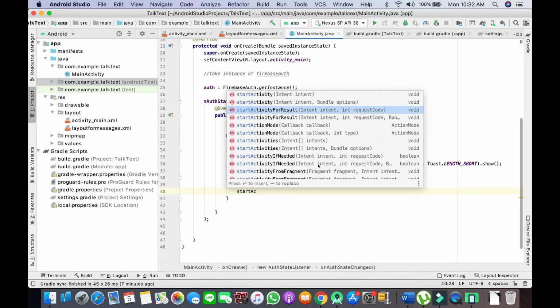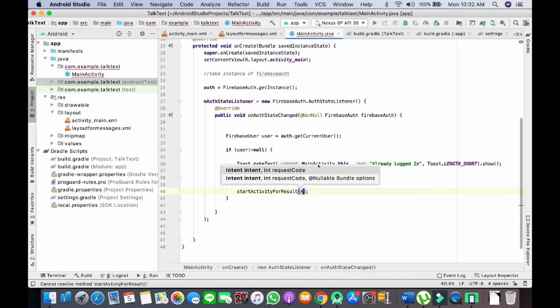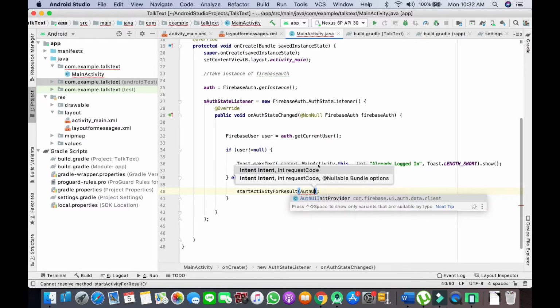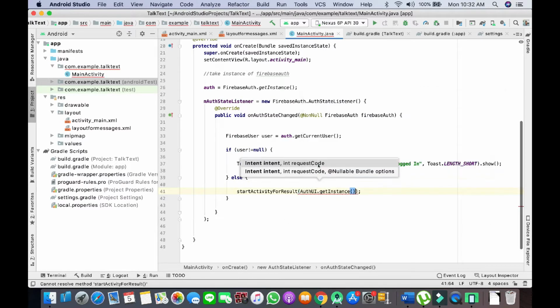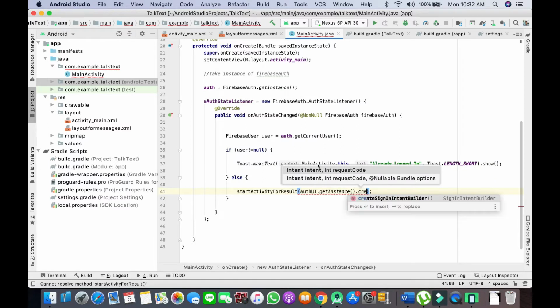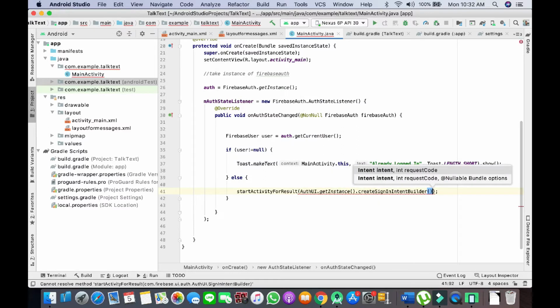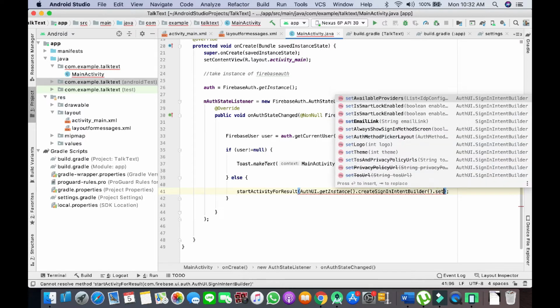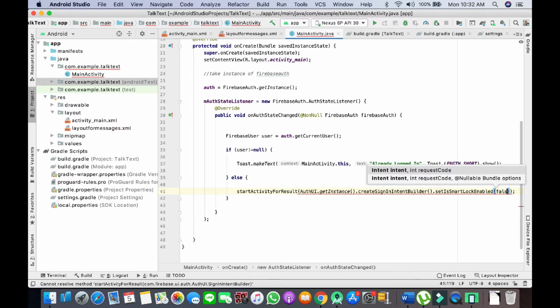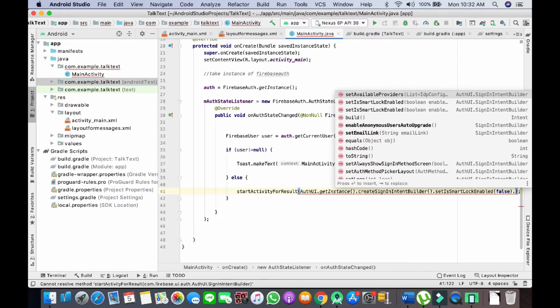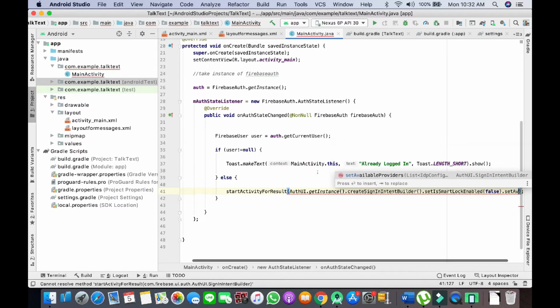So what we will do is we will start activity for result, AuthUI get instance dot create sign-in intent builder, set is smart locked false, because if we write this true then it will automatically store the credential of the user. We don't want that. Set available providers,